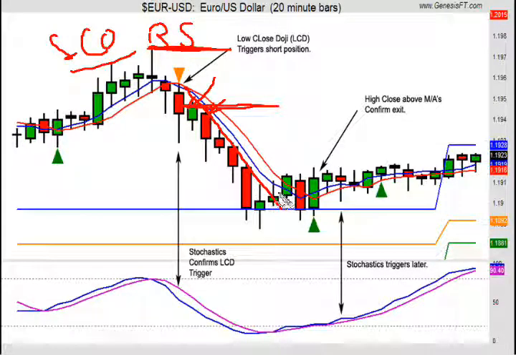position. By the way, if you notice that this candle right here, this red candle is the last conditional change candle. I say last conditional change candle because notice where it closed